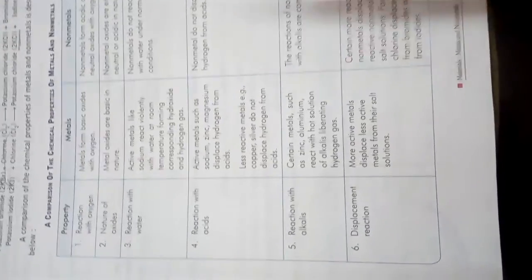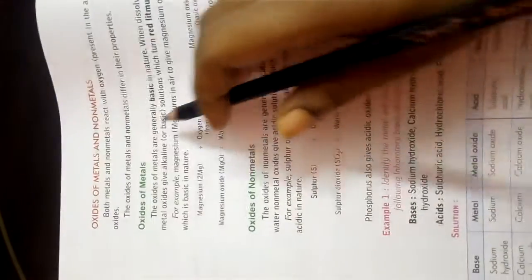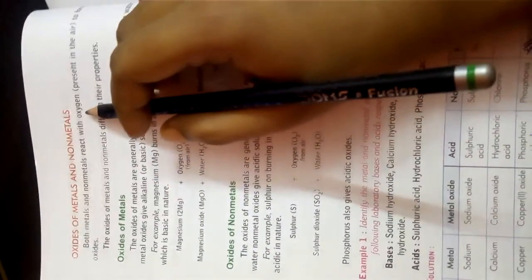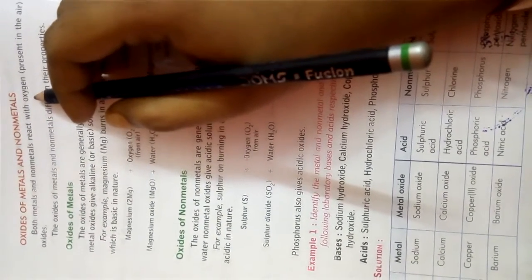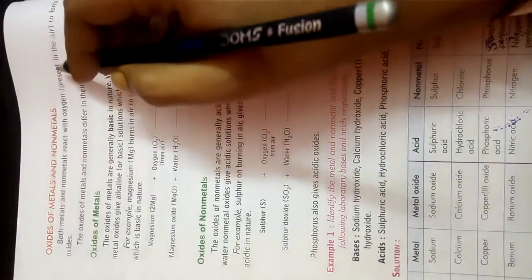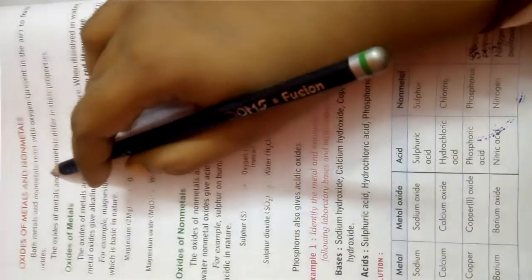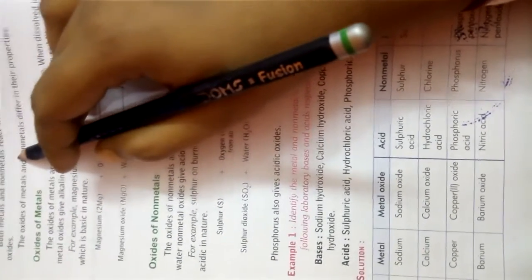Now let's come to page number 74, oxides of metals and non-metals. Here once again the nature of oxides of metals and non-metals is given. Both metals and non-metals react with oxygen present in the air to form oxides. When metals react with oxygen they form metallic oxides, and when non-metals react with oxygen they form non-metallic oxides. The oxides of metals and non-metals differ in their